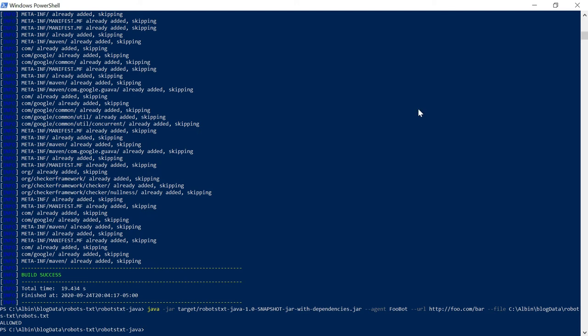Let us now see the next open source framework, the robots.txt specification test. This is a testing framework for robots.txt parser developers. It helps developers build robots.txt parser tools by adhering to the standard. So you can develop your own tool, and this framework will help you test whether your tool is following the required robots.txt specification.